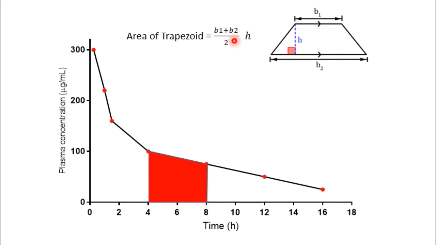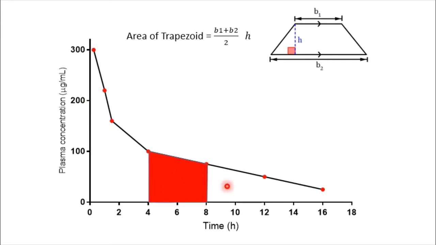So if we consider that the height of the trapezoid is the time interval, and these 2 lines, the line here and the line here, are summed and divided by 2 and then multiplied by the height, we can find the area of this trapezoid simply. Then by collection of all summation of trapezoidal areas for all of the points that we got,